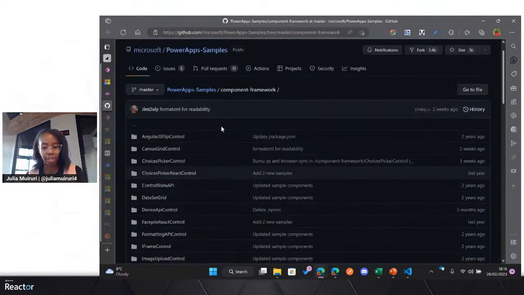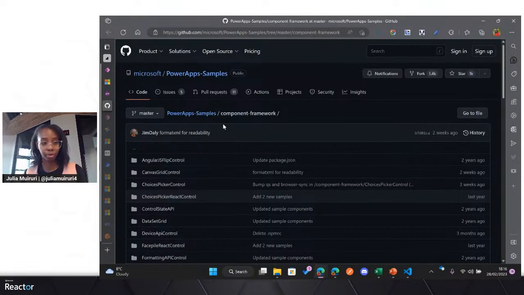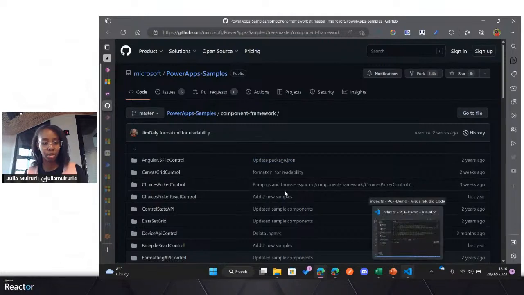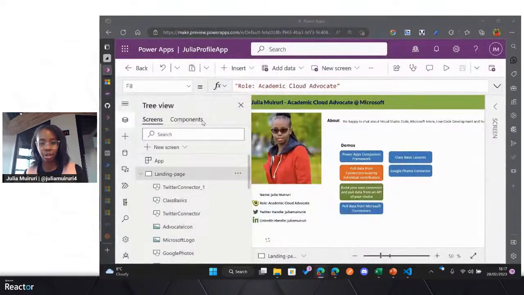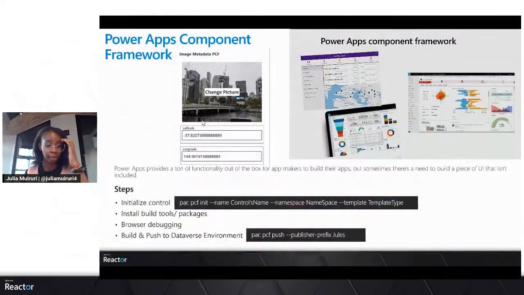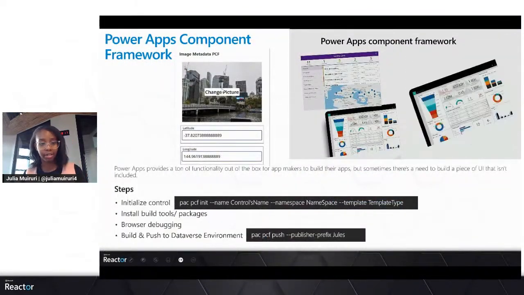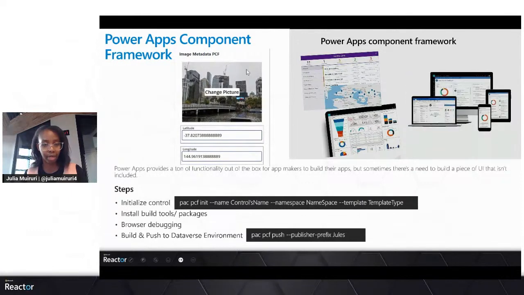So I would briefly just talk through how the steps would be for you ideally. I have this cloned and I have this open on my Visual Studio. The example that I'm going to show us is from my slide. From my slide, you would actually see that this is an example of a custom control that